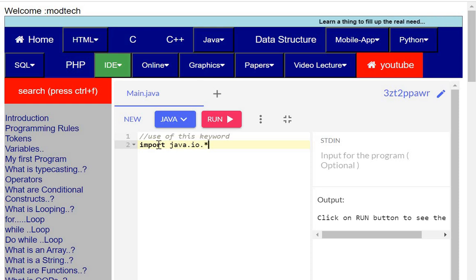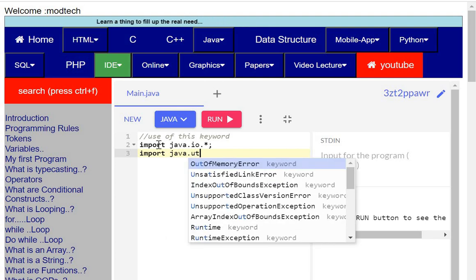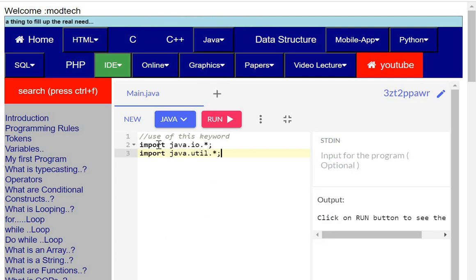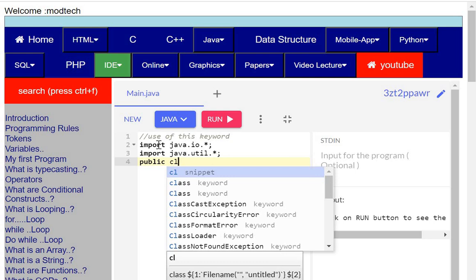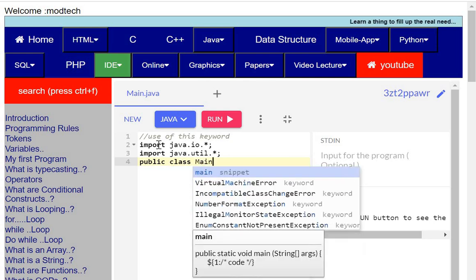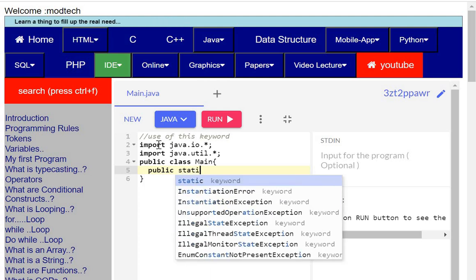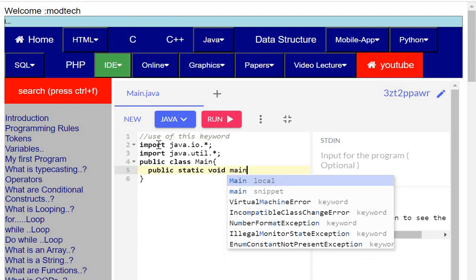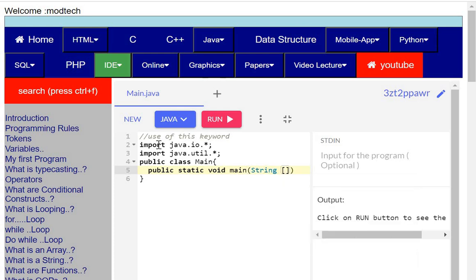Although these are not very much required now, you still need java.util.*, and after this you can write public class, and the class name is as you have given, so you will write Main. Then after that you can write public static void main, and as usual you can pass your arguments as an array,